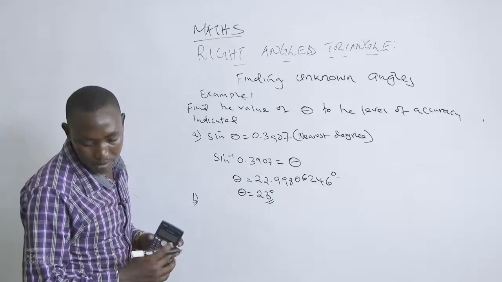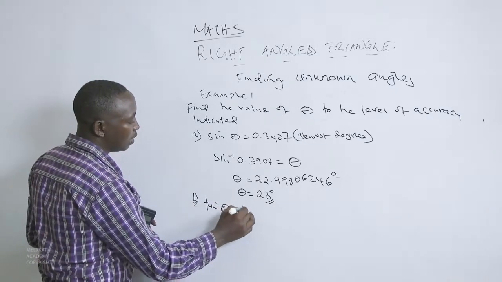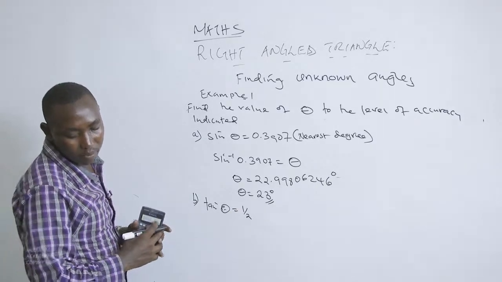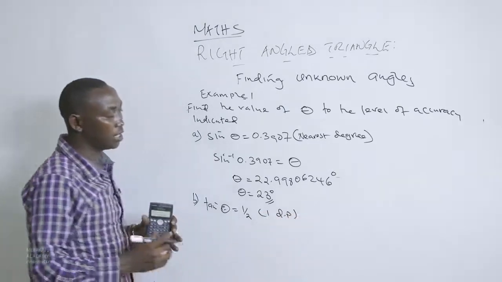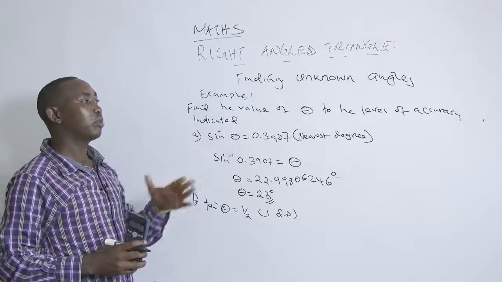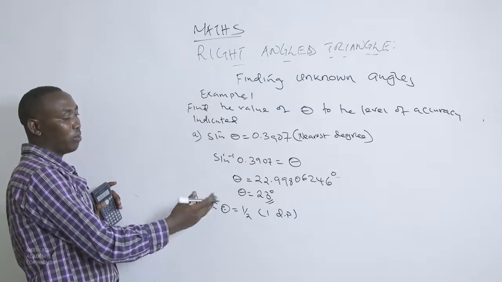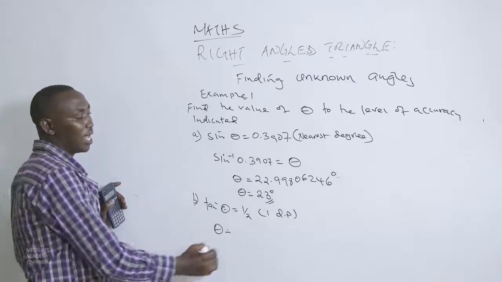Part B, tan theta is equal to a half, and here to 1 decimal place. We're supposed to write it off or to approximate it to 1 decimal place. So again, for this case, for us to be able to get the angle theta, we need to get the tan inverse